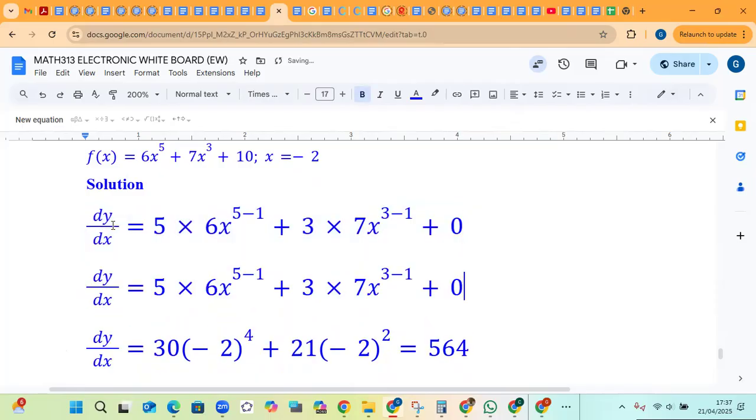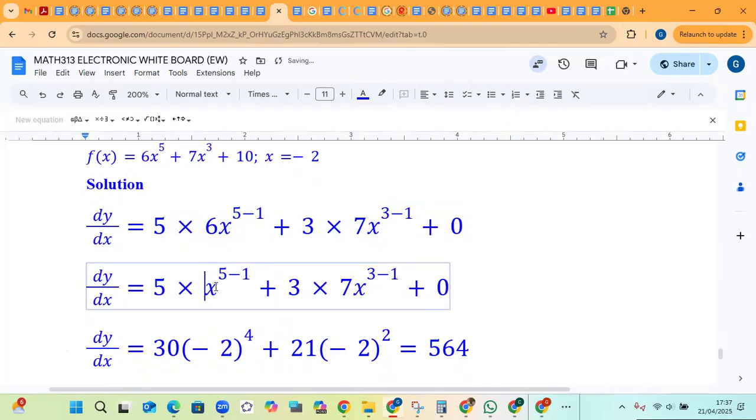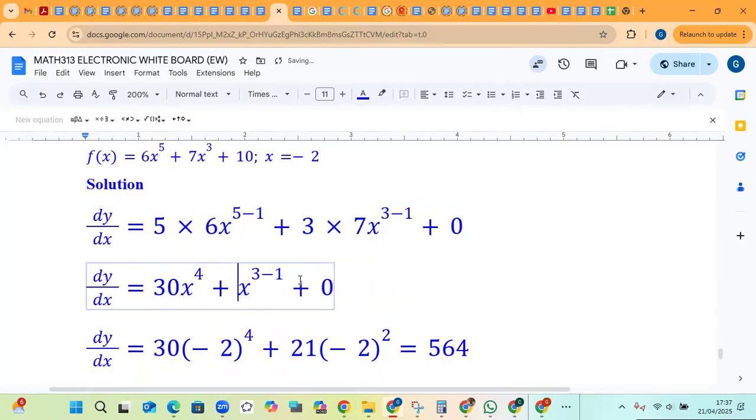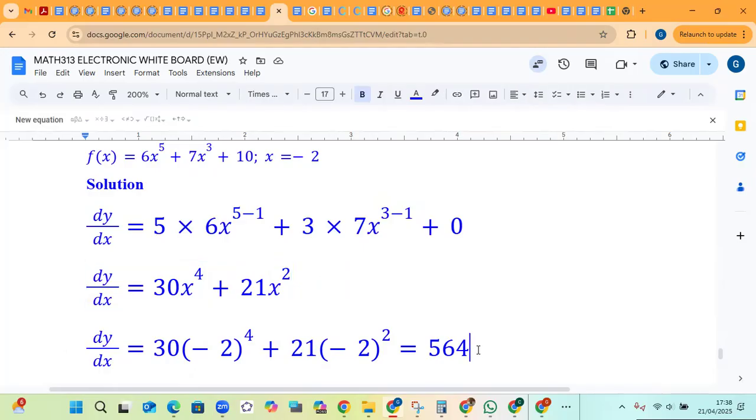Let me just insert it. So this is 30x raised to the 4, 21x raised to the 2, and add a 0, that's nothing. So basically, to find the gradient at such a point, you substitute -2 wherever you have x. So 30 times (-2) raised to the 4 plus 20 times (-2) squared will give us 564. That's the gradient of this function at